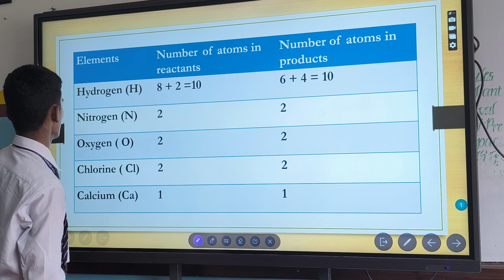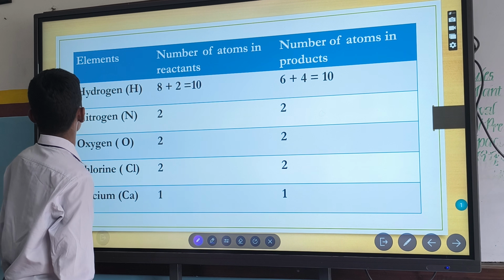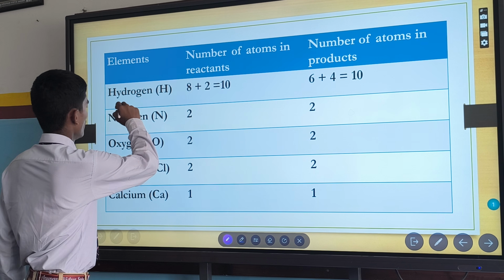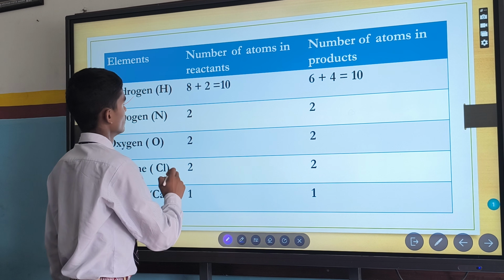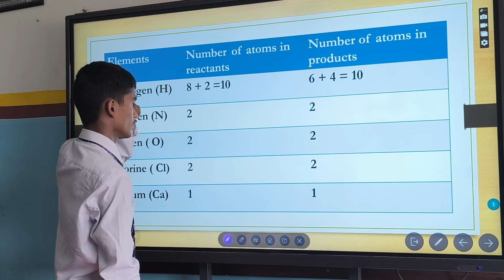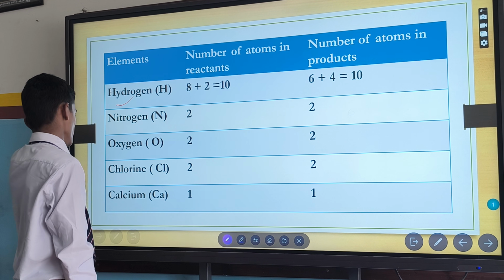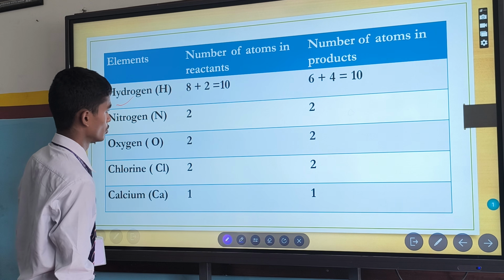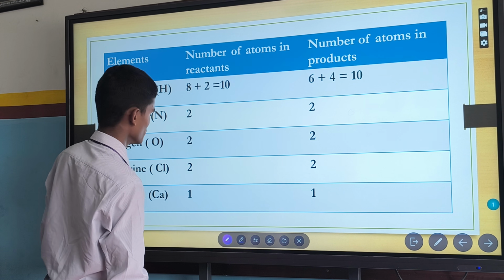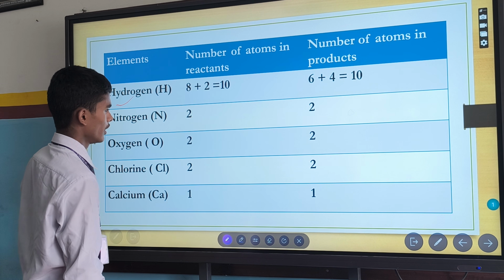Some of the elements are given as below. Element: hydrogen, its number of atoms in reactant is 10 and the number of atoms in products is 10. Both are the same. Similarly in nitrogen it's 2, and the number of atoms in products is also 2. Oxygen it's 2, and